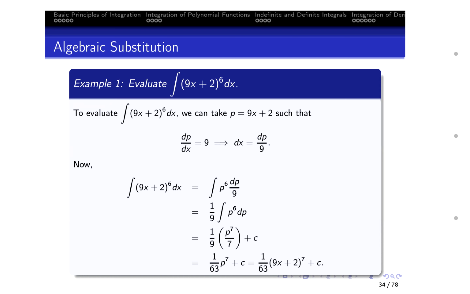So straight to our first example, you want to evaluate the integral of (9x + 2) raised to power 6 dx. This looks like something you've done in differentiation. That's the idea of function of a function, or chain rule. If you want to evaluate that, it's always good to take whatever is in brackets. So you can take p equals 9x + 2, such that if you differentiate that, you can